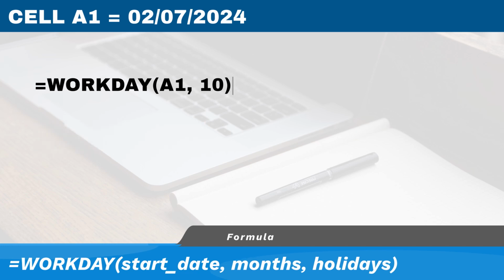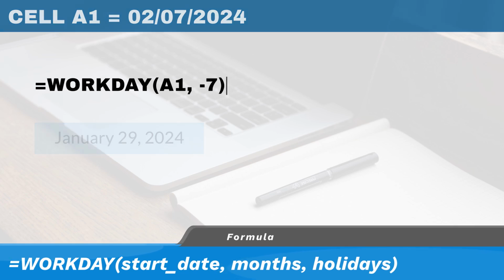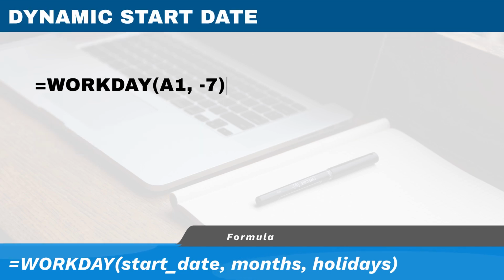We could also change the days formula value to a negative number to return a specified number of work days in the past. For example, a -7 would return a value of January 29th, 2024 in this example. We can also use a date function to dynamically determine the start date. For example, if we want to return the value for 30 business days from today, we would replace A1 as the start date with the today function. The formula would read as follows: equal, workday, open parentheses, today, open parentheses, closed parentheses, comma, the number 30, closed